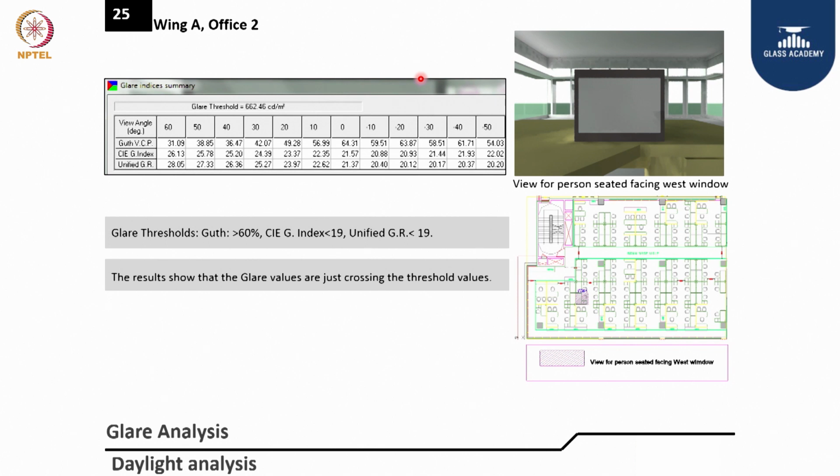So every computer, every workstation on the perimeter where daylight penetration is there needs to be focused and adjusted. You can't have a uniform design for the interior space and workspaces on the perimeter. It should be angled in such a way that the glare is completely arrested, so that the person sitting on the perimeter area will have less strain on the eyes while working on computers.